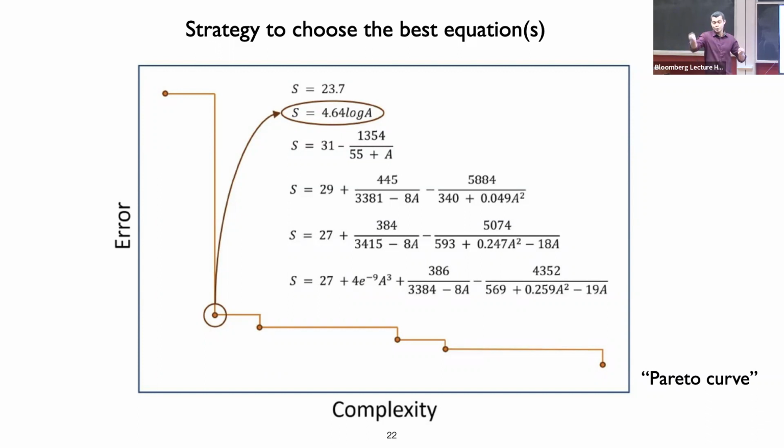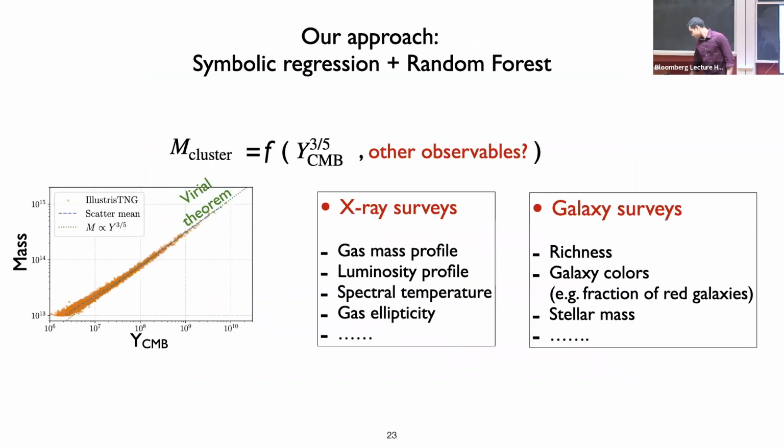And so if you use more sines, you will pay more in that sense. Here I've shown different equations, and complexity is what Matthias was mentioning. As you produce more and more complex equations by whatever metric you're using, you are going to fit better, the error is going to go down. But you don't want the most complex equation. You want the simplest equation which can predict the data to the best possible extent. So you're looking for somewhere like this point, and this curve is called the Pareto curve, for example.